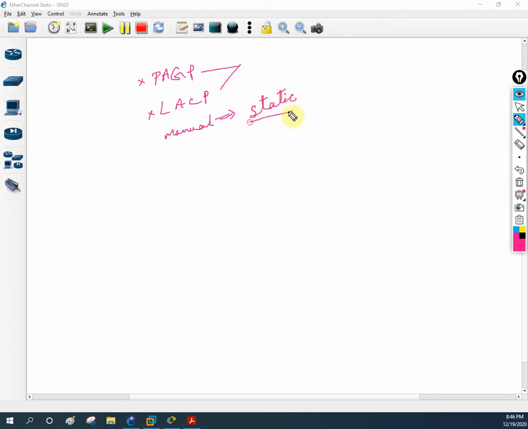So we are going to discuss what static or manual EtherChannel is, and after that we will do a simple lab, then start the troubleshooting lab. It is simple: we just need to use the on mode on both sides. This mode is used to manually configure EtherChannel or port channel.